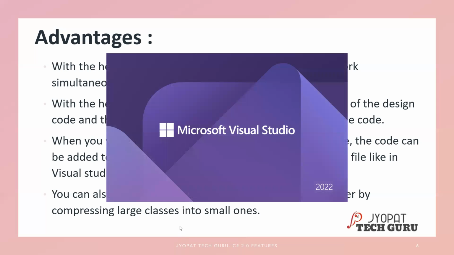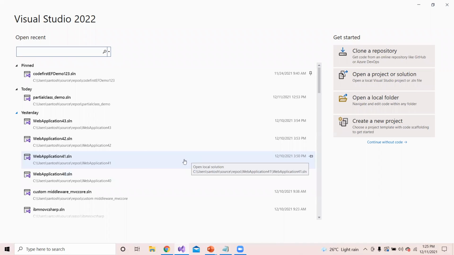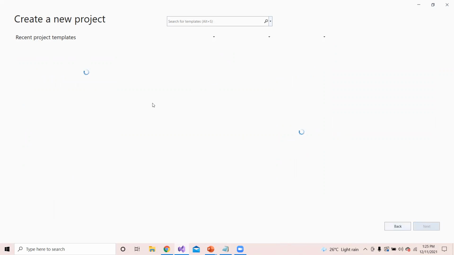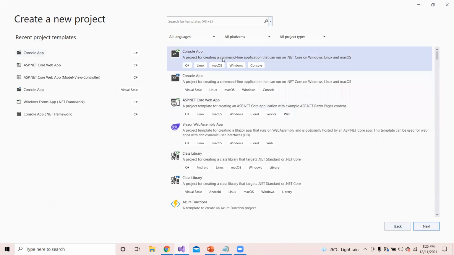So let me open Visual Studio. Currently, I have the Visual Studio 2022 version. If you want, you can go for Visual Studio 2019 or 2017 also. I'm interested in creating a new console application. Let me create a console application with C Sharp.